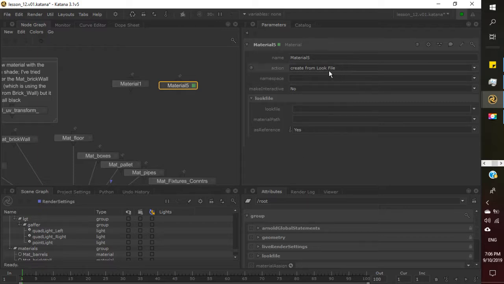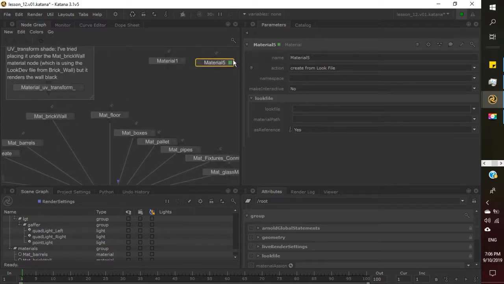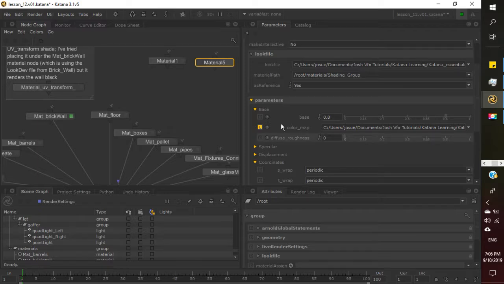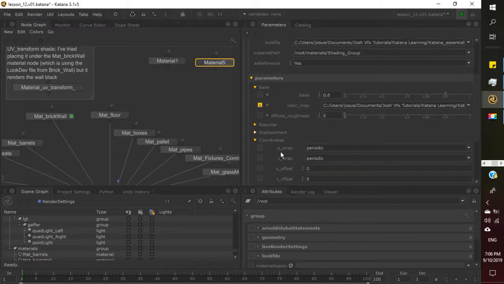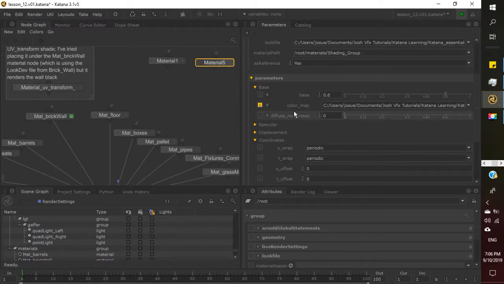When you create a material from a look file, the description here is empty. But here, for the material similar to the one that is open, which is the one selected, I check for the green dot, and you can see that now I have plenty of information here that I can go through, similar